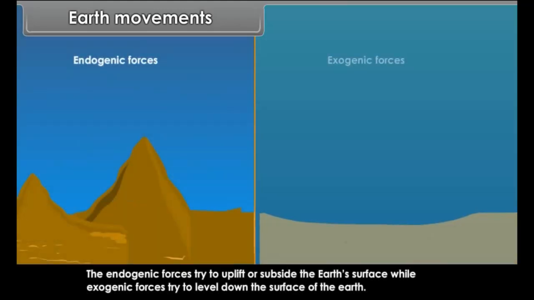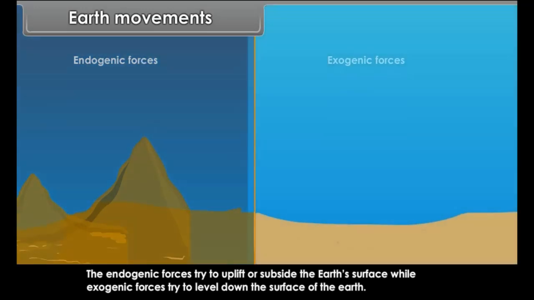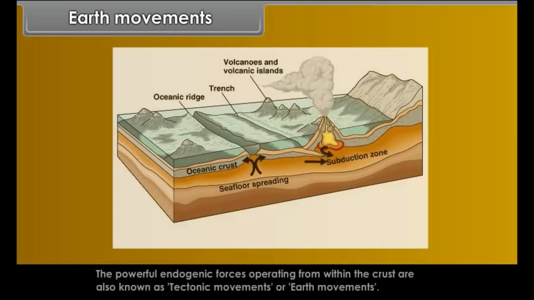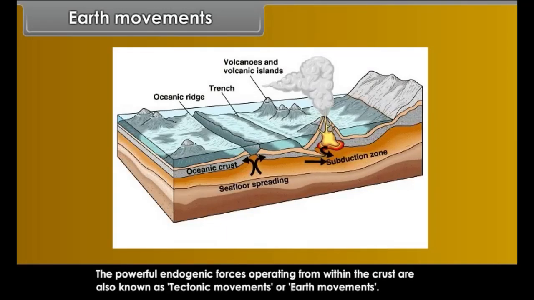The endogenic forces try to uplift or subside the Earth's surface, while exogenic forces try to level down the surface of the Earth. The powerful endogenic forces operating from within the crust are also known as tectonic movements or earth